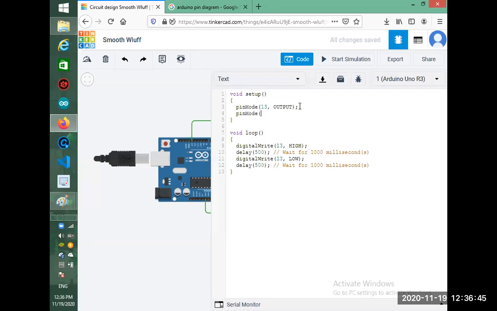Case sensitive means that you have to write in the same manner. If you write a small m in place of a big M, it is not going to work, and it will throw an error. We are using pin number 2, and we are telling the Arduino, listen, we are taking pin number 2 as an output. So we need to write OUTPUT, in capital letters.